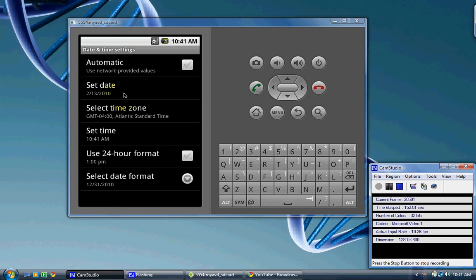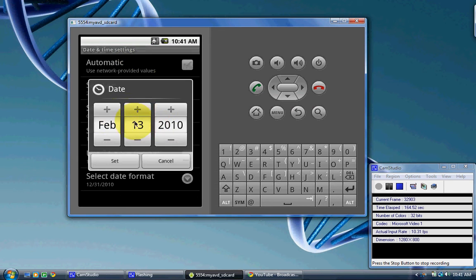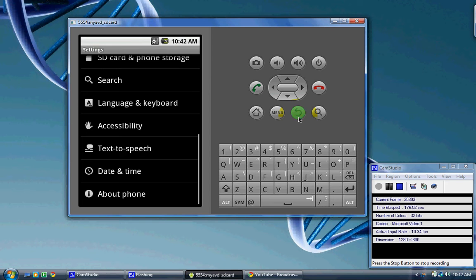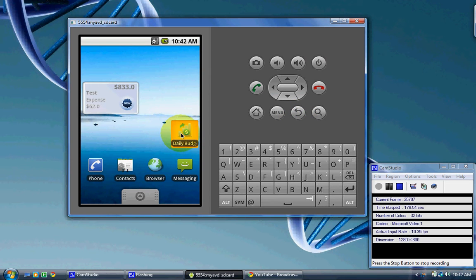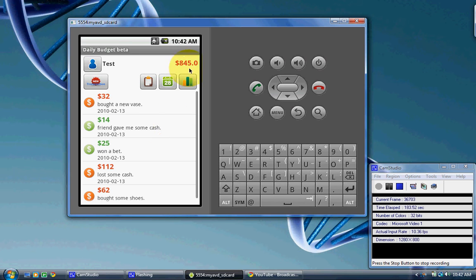But for this example I will do that to show you. So I'm going to change the date on the emulator so we can view the graphs. Currently the date today is February 13th. I'm going to jump ahead 1 week from today so we can see some graph information being recorded by the application. So we're going to say February 21st. That's about a week from now. Then we're going to open the application,